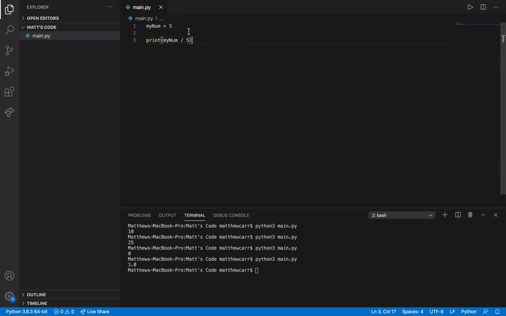Let's see. If we want to make this a float, I'm just going to do 5.23. And you can do all the same stuff here. If we divide it by 5, you get 1.046. You can divide it by, let's say, 5.1, something like this. Run it, and there you get that.